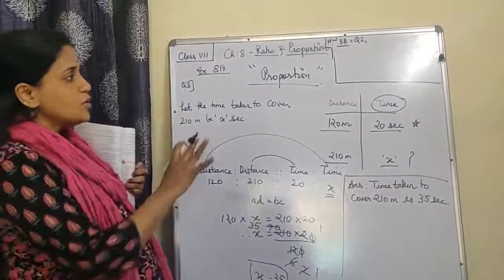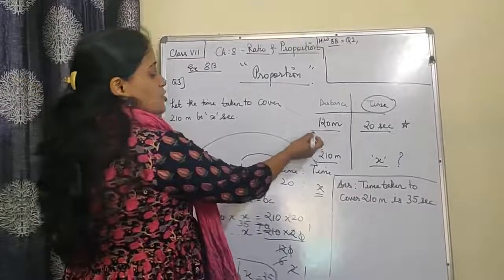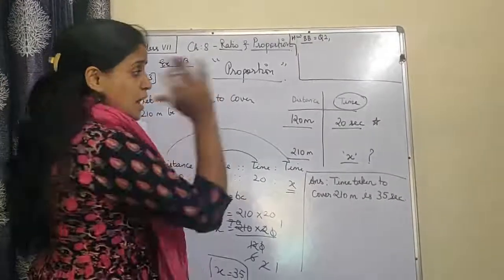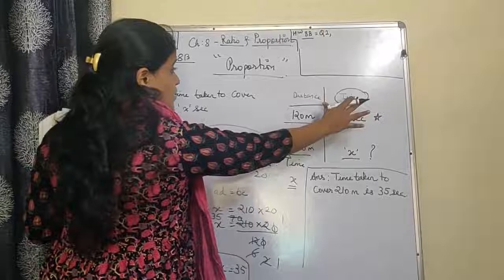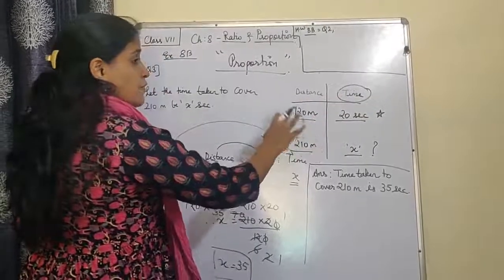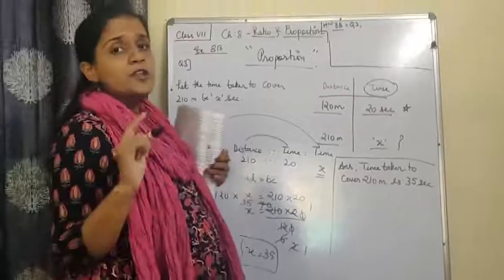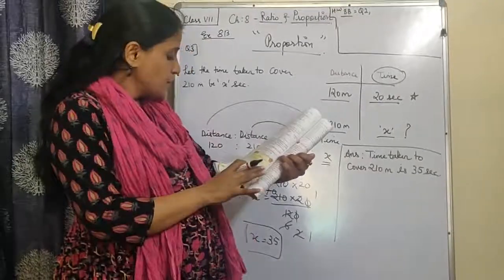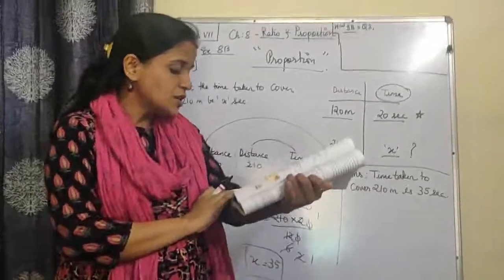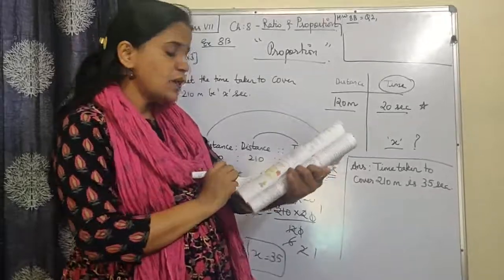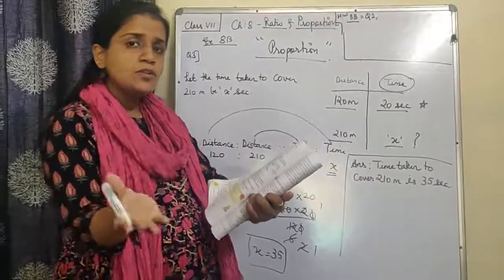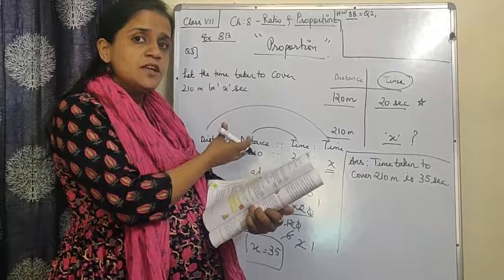So this is the way you are going to do it. This is the main framework which you are going to write on the right hand side corner like a fair work, no rough work. So this is the way you are going to solve according to the proportion method. Now the next question, that is question number 4. I am going to explain it to you. You are going to solve it in a similar way.